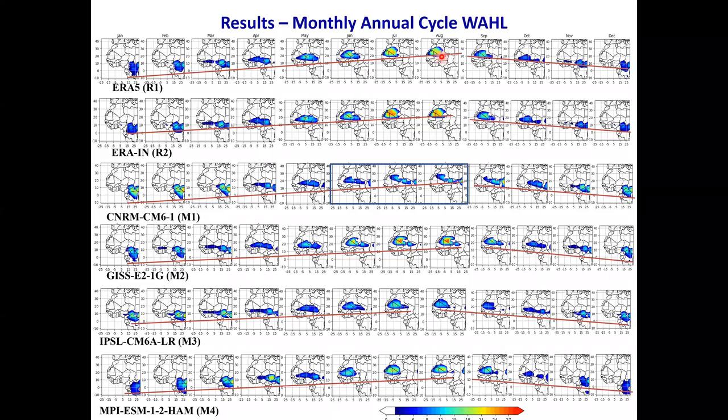So how are the models representing these structures? We see that indeed all the models are able to represent the migration from the south to the north in August, and then back to the south in December. In all the models, they are able to represent this. However, we see a specific misrepresentation of the West African heat low by model 1, that is the CNRM